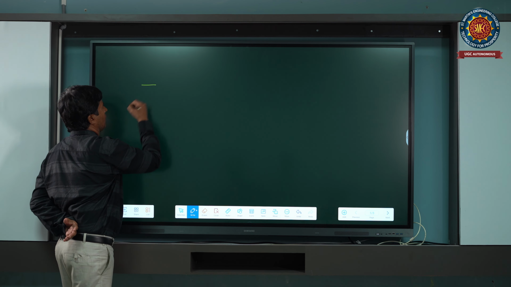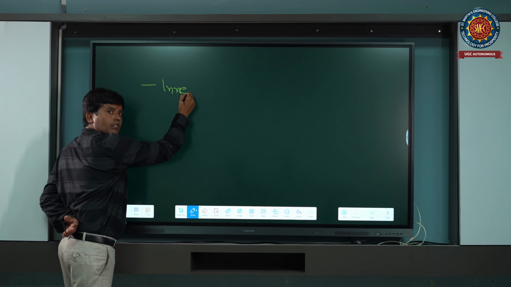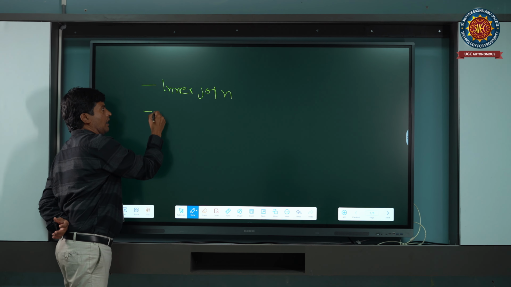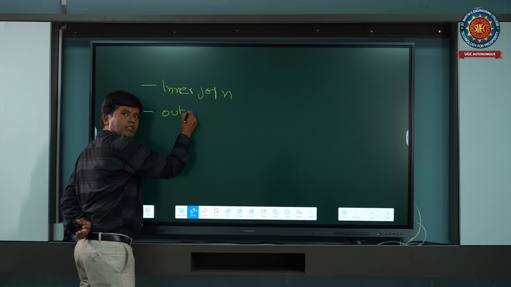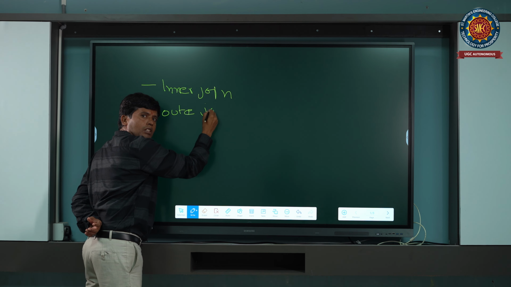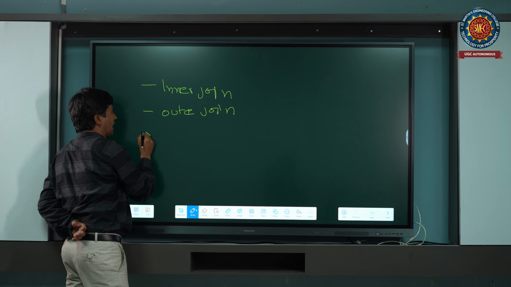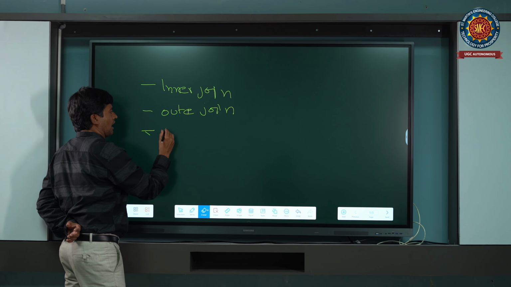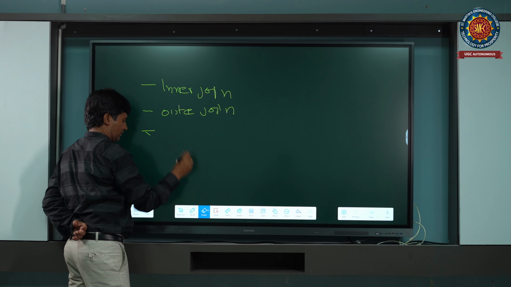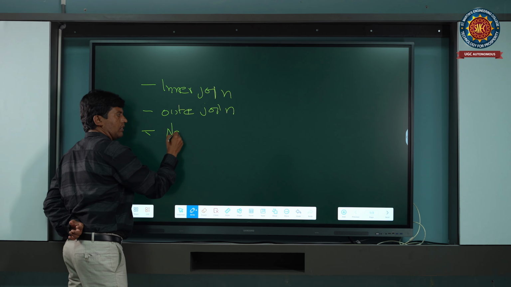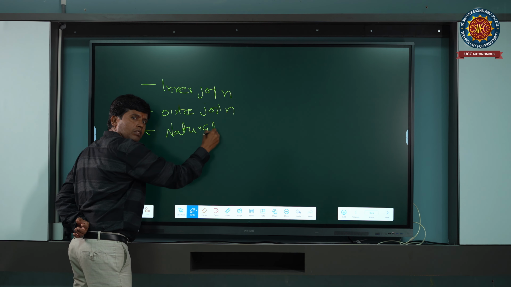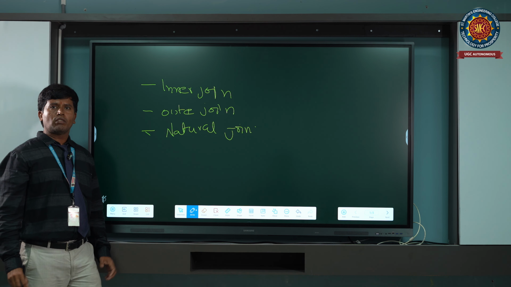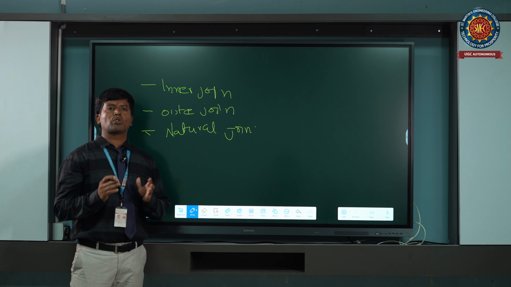They are classified into inner join, outer join, and natural join. While coming to the inner join, we merge the rows from two or more tables